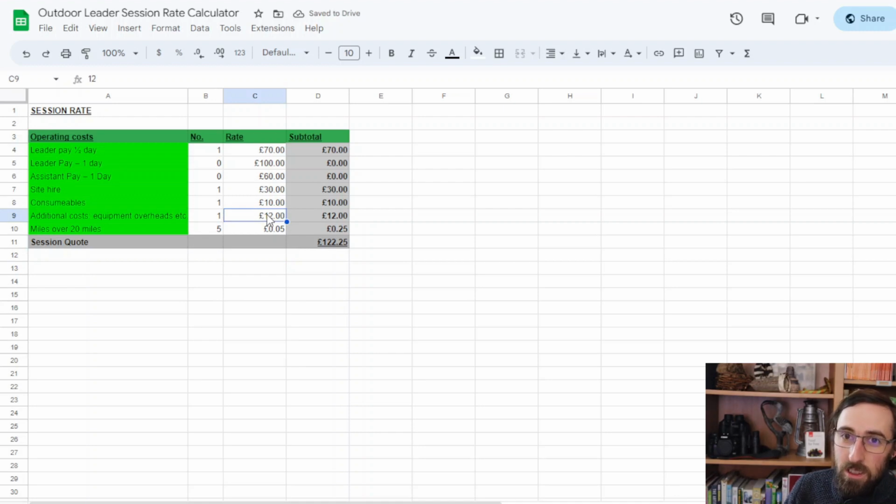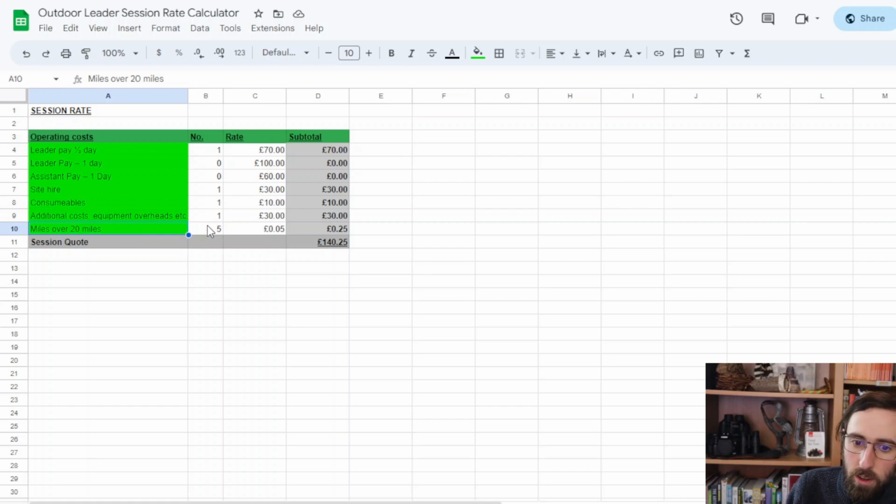You know what? Actually, for this session to work, I'm going to need to buy 4 more secateurs, so we'll call it around £30. And you know what? How far is it going to be away? Because you can set this to your own amount. How far are you willing to travel, and how much do you want to be paid to travel further?